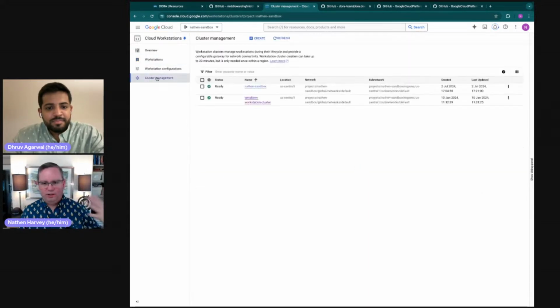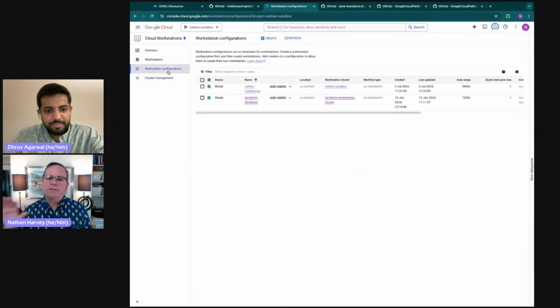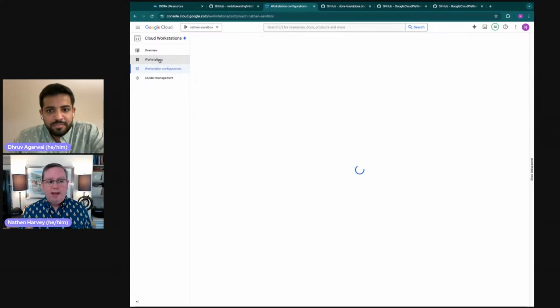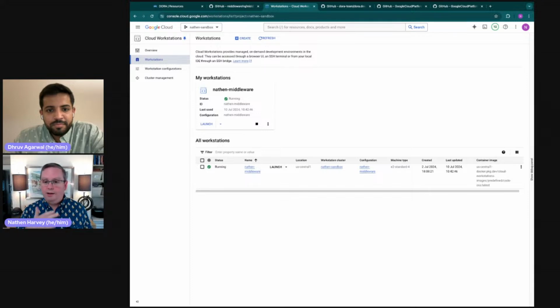And the interesting thing about workstations, or one of the interesting things. So first, just a quick tour here. So we have clusters. So you can set up a number of different workstation clusters, have a number of different workstation configurations. Configurations are really interesting because you can think about setting up a configuration for each of the different applications that you have within your organization, or each of the different application stacks. And then each developer you can deploy workstations for. So as a developer, if I'm moving from one team to the next, I don't have to worry about all of the setup and things that I need to be aware of for this new application that I'm joining. I can just get a workstation out of the box.